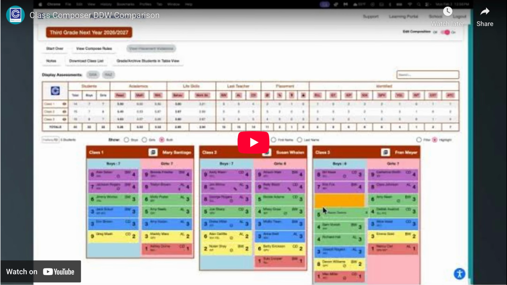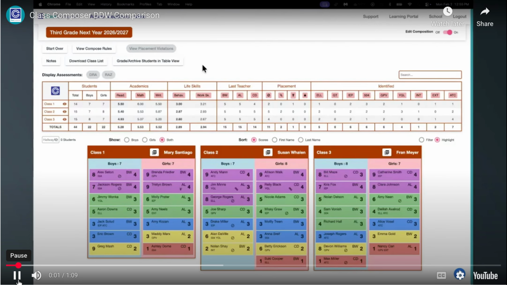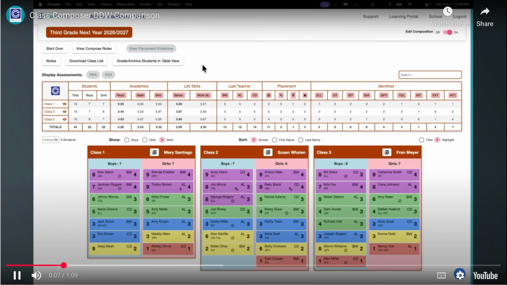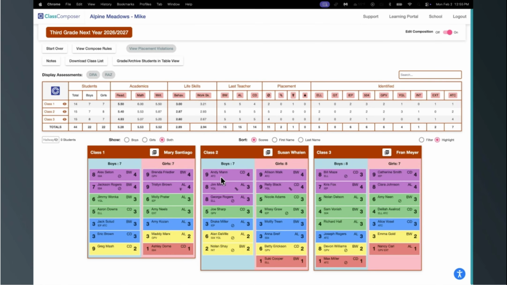Let's see the Class Composer digital data wall in action. Once the Compose button is selected, the algorithm automatically generates new balanced class lists and displays them on the digital data wall for next year. At a high level, the color bands of the student cell make it easy to visualize equity across classes for academics